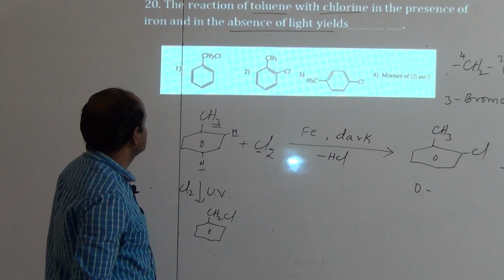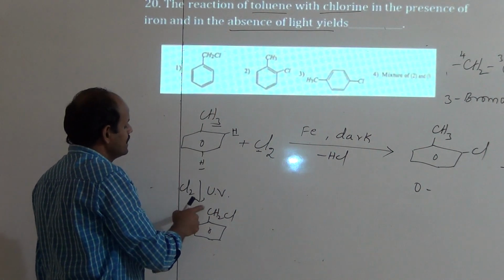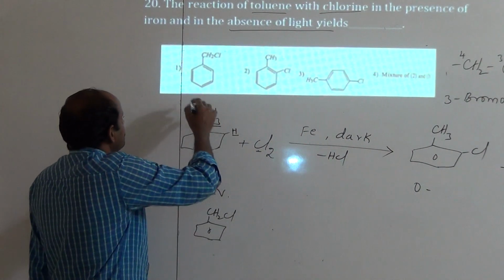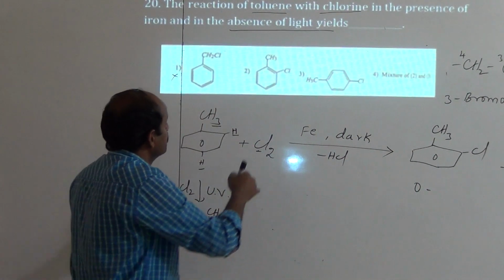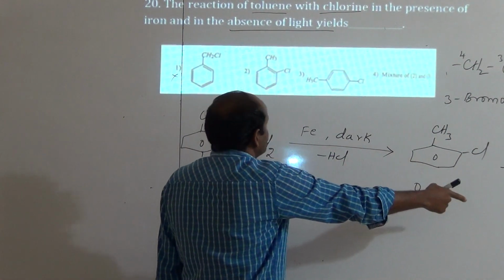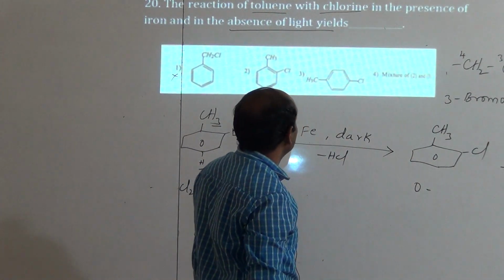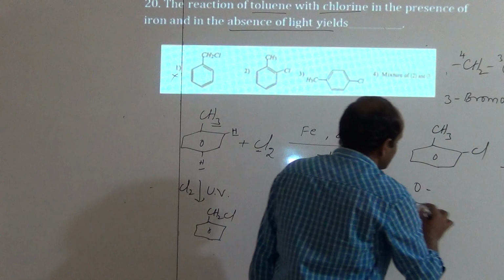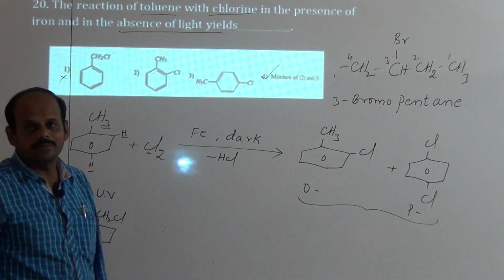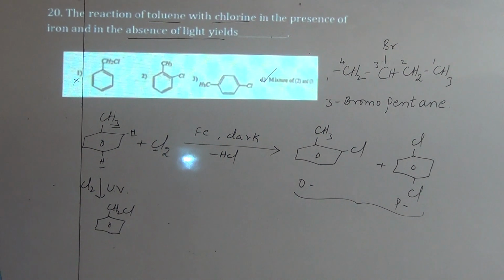Yes, which options are they given? First one, benzyl chloride. Is it correct? No, wrong. It is in the presence of light only. But they given in the absence of light, so it is wrong. Next one, they given only ortho product. Along with this one, para product is also formed. Here given a para product. Fourth option is a mixture of 2 and 3. So we get a mixture of ortho and para products formed. Hence, which option is the correct one? Yes, fourth option is the correct one. Okay.